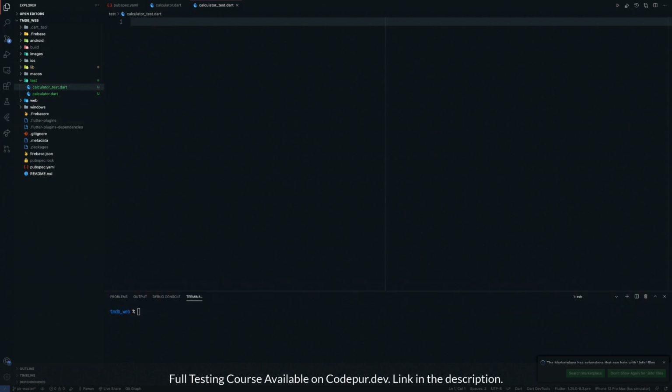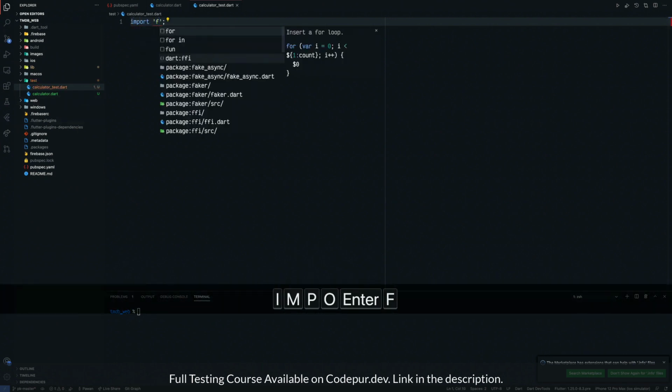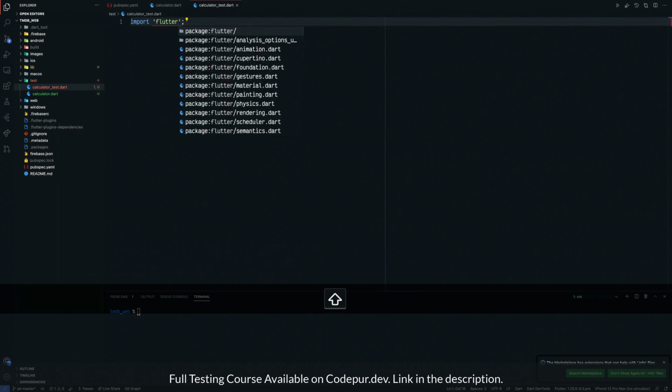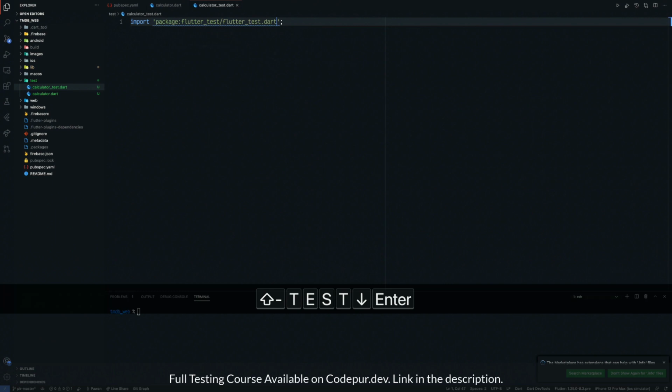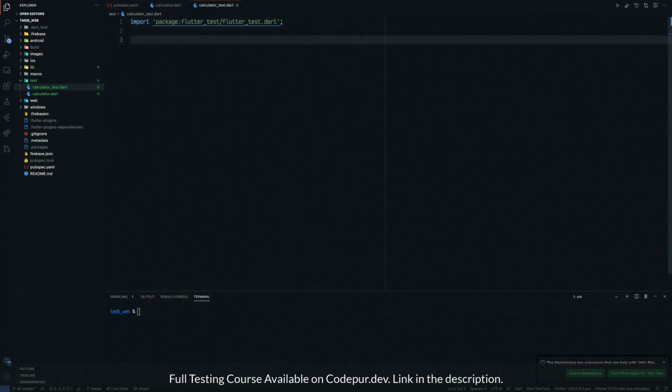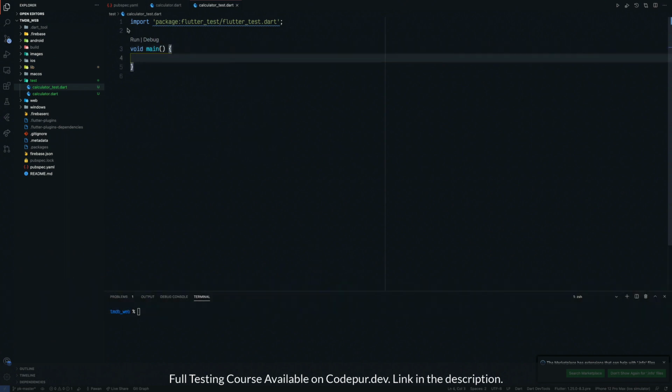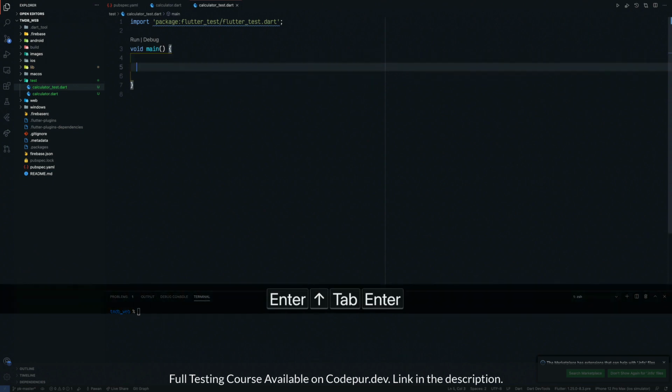The first thing we are going to do is import flutter_test here, or test if you are not using a Flutter project. So we imported that, and it also starts with void main, the entry point of your Flutter application. And now here we can use something called test.